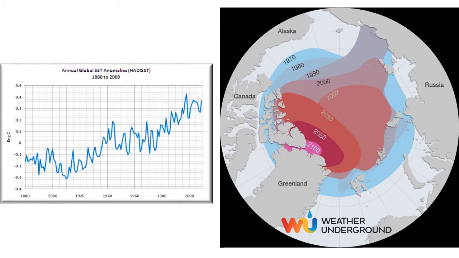And by 2100, you can see that pink area, that is how big we expect the area of Arctic ice to cover. So compare 1970 to 2100. All right, so as the sea temperatures get hotter, the Arctic ice decreases. So we're seeing much less Arctic ice overall.